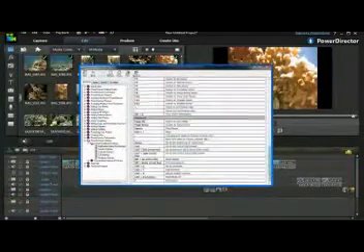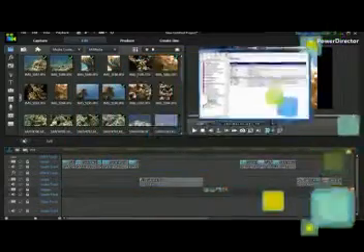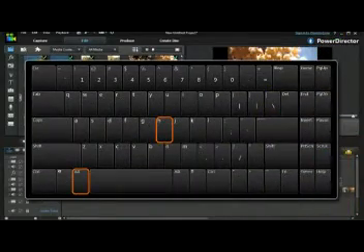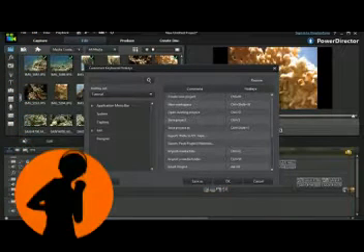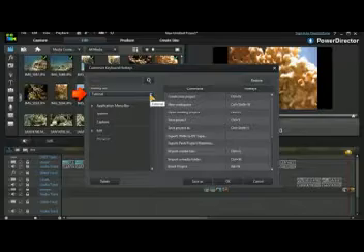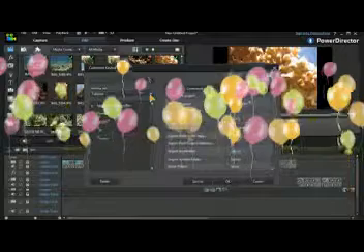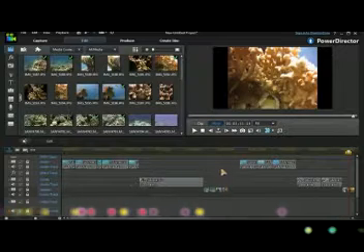Now, PowerDirector has always had default sets of hotkeys, and we can also customize our hotkeys. Alt-H brings up our customize hotkey screen, and we can put our own hotkeys in for our own special purposes. I have one called tutorial for when I'm doing tutorials, and basically this allows me to do some things very fast. For example, if I want to highlight and group something because I need to insert, well, I can do